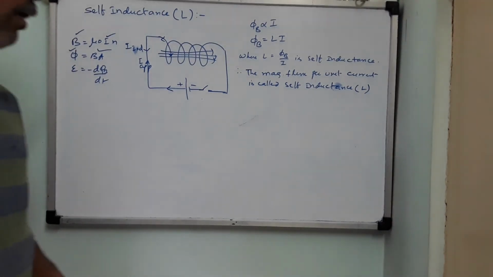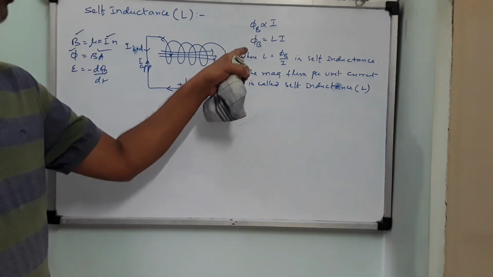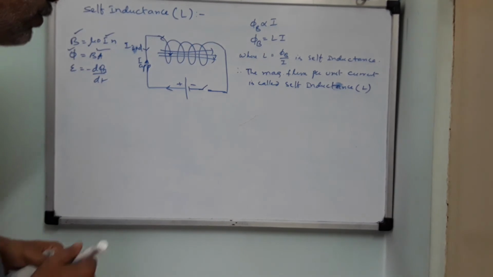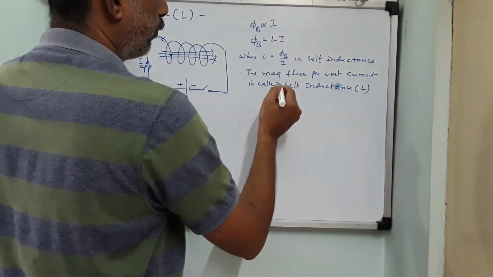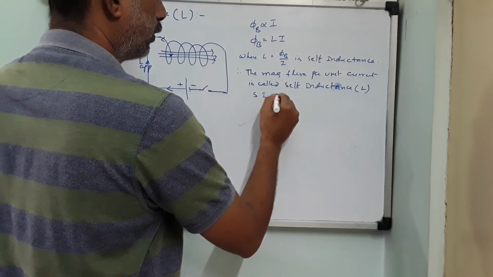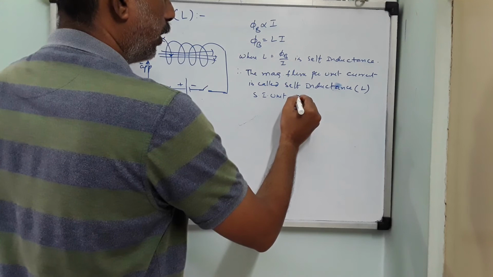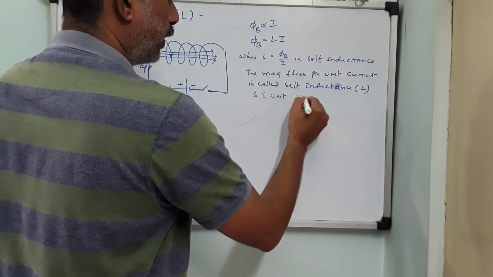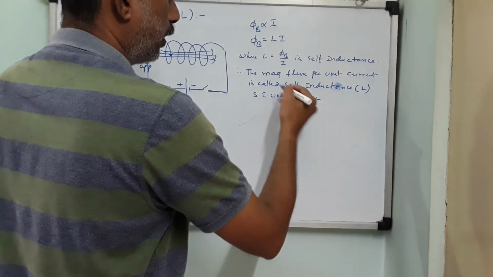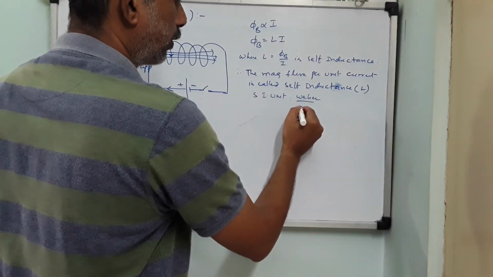Right. So because of this change, what will happen? Now EMF is what? Induced. This unit we will try to write. So SI unit. Phi is measured in what? Magnetic flux is measured in what? Weber or Tesla into meter square, divided by I, which is nothing but Ampere.